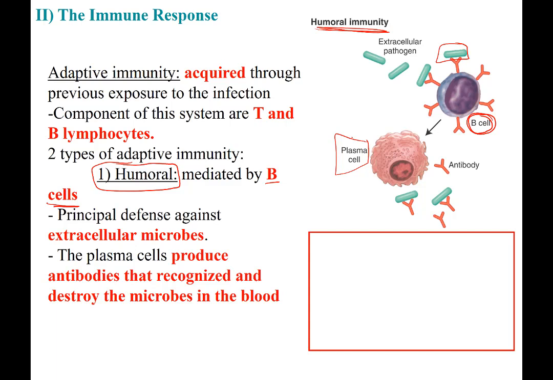And that's an important idea. B cells and plasma cells are actually the same, except that the plasma cells are mature B cells. To have a plasma cell, you need to activate the B cells first. Once the B cells become plasma cells, they are able to produce a very important